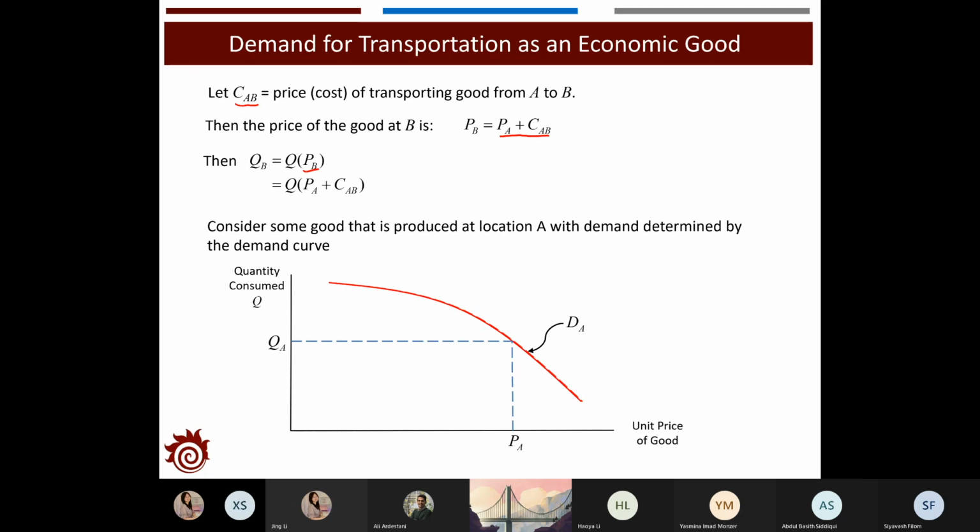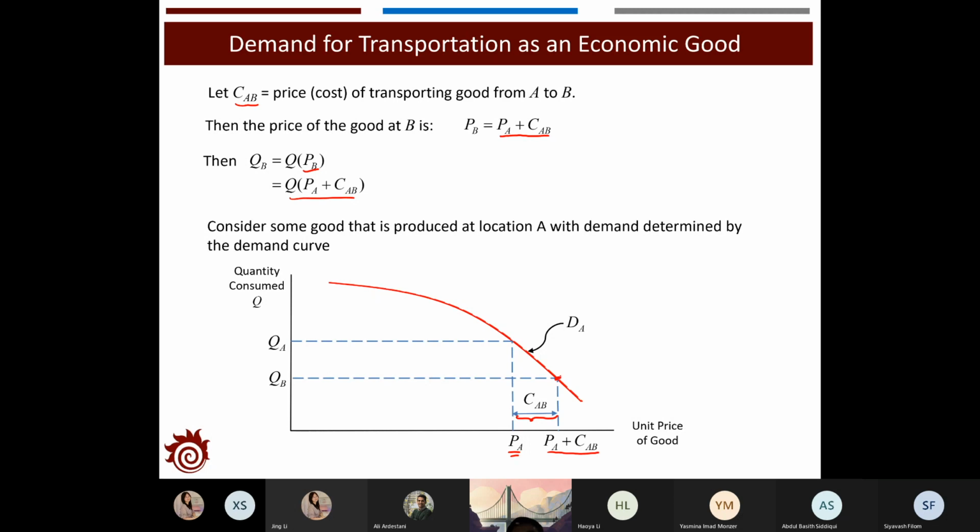As the price at B is the price at A plus the transportation cost, it's just a function of PA plus CAB. We can then look at more details about how we can identify CAB and how we can find the quantity at point B. Assuming you have the transportation cost CAB, if the price at point A is PA, then the price at point B is PA plus CAB. So assuming that the demand function relating quantity and price is the same at A and B, then you will observe that at point B,